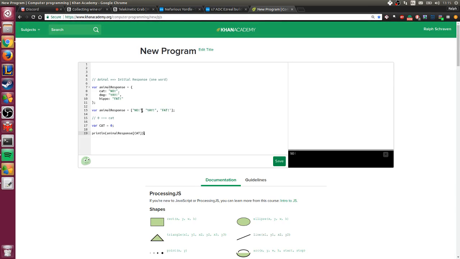It says no. And if we wanted the dog, then we just wrote down the index of the dog here. And we did the same thing for the hippo. And now we can actually access these things. Instead of directly accessing their elements, I could have written 0, but nobody else would know what that is. So instead I would use the names, like DOG and HIPPO. And that actually works. That displays the array properly. So this might get a little bit tedious if we have to write down variable names. So what we could do is